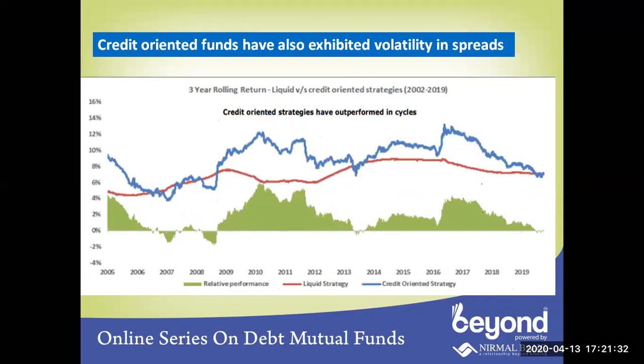And second, as I explained, the duration strategy is also there. If you compare the duration strategy with the 10-year GSEC chart, definitely the volatility is much lesser. But if you look at the credit strategies across cycles, they have also been quite volatile. So it's not like they have given you very steady returns, where you just invest and you will get 7, 8, 9% returns from debt mutual funds.